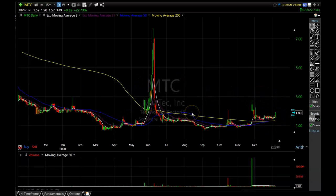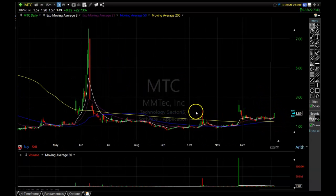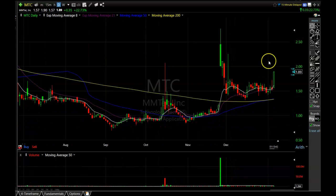this thing has been under accumulation. And for whatever reason, man, there keeps getting a lot of interest into this stock. It just keeps fizzling out. But this pattern is looking very bullish. It is above all those moving averages again. So, I mean, I wouldn't be surprised one bit if this stock gets into a very nice sustainable uptrend here